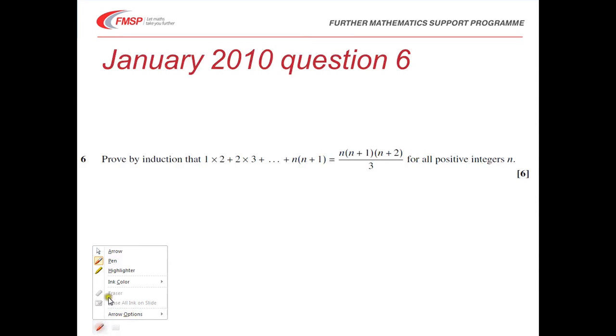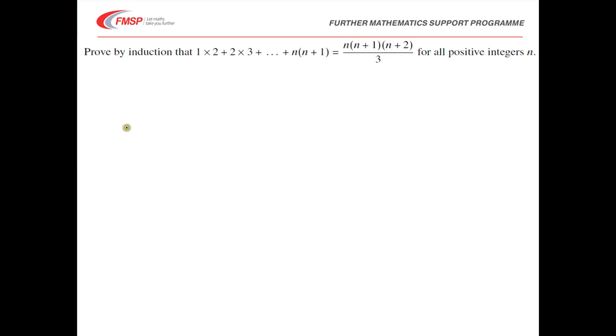Okay, let's have a look at proof by induction. So here again, method specified. Okay, first step, dealing with n equals 1. If n equals 1, the left-hand side is 1 times 2, and the right-hand side is 1 times (1 plus 1), which is 2, times (1 plus 2), which is 3, all over 3, and both of those equal 2. So you then can say left-hand side equals right-hand side, so result is true